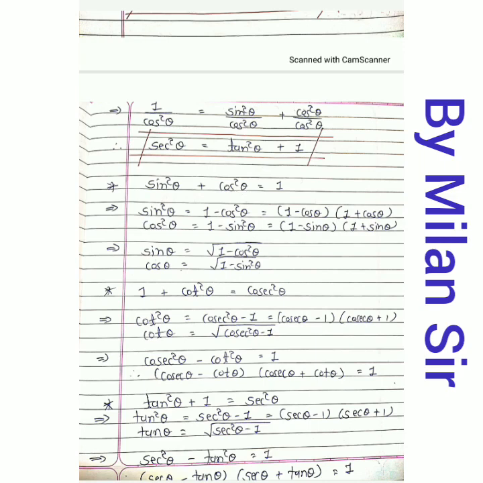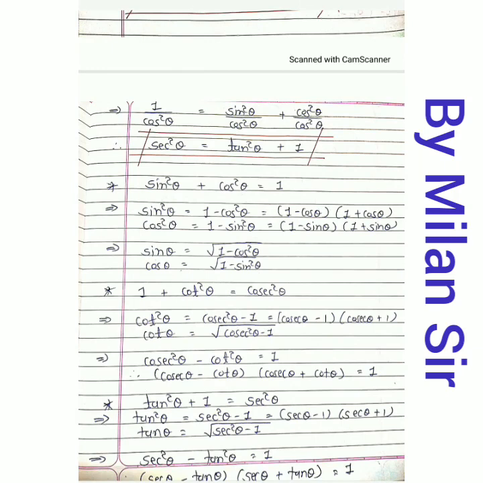Okay. Same thing for our third identity. It is tan square theta plus 1 is equal to sec square theta. Right. Now transfer 1 to the right hand side. So tan square theta is equal to sec square theta minus 1. If I want to find tan theta, then I need to take the square root. And also this is a form of x square minus y square. So I can write it like this: in one bracket sec theta minus 1 and in the second bracket sec theta plus 1.